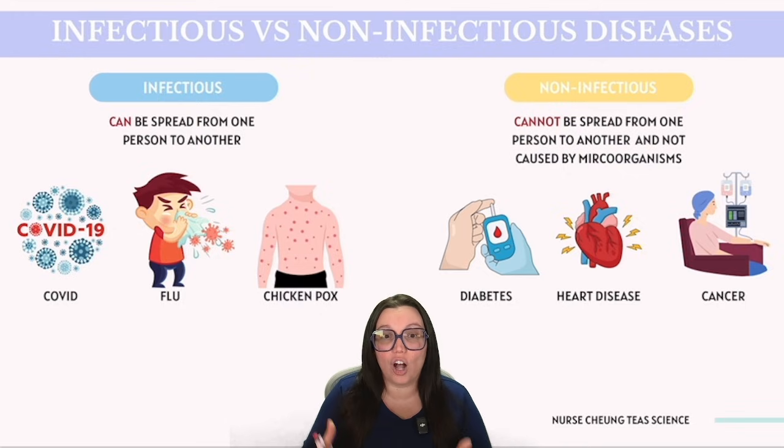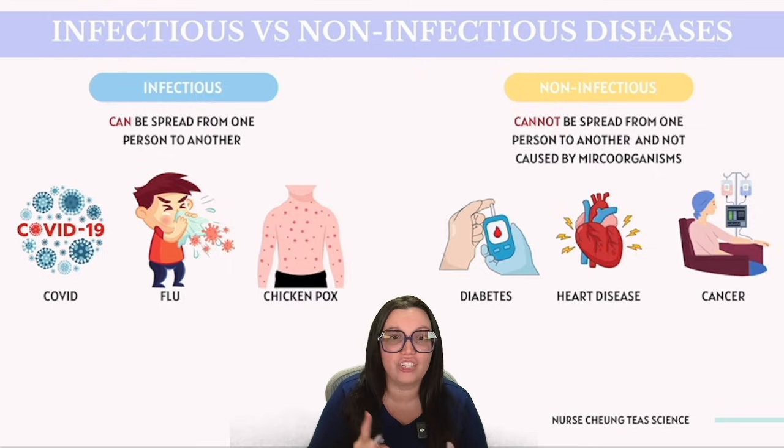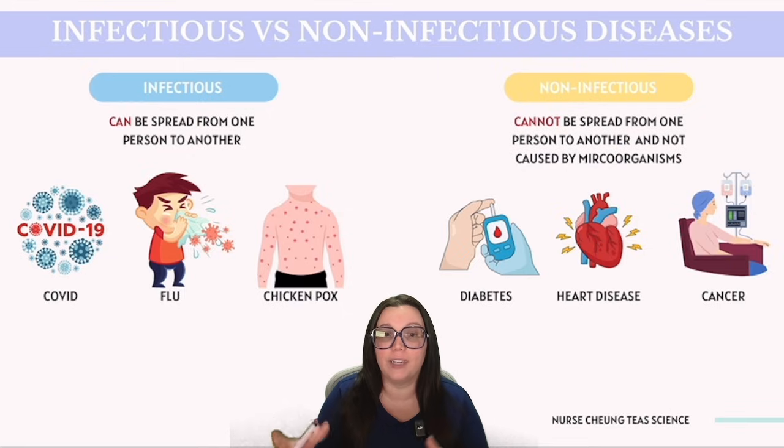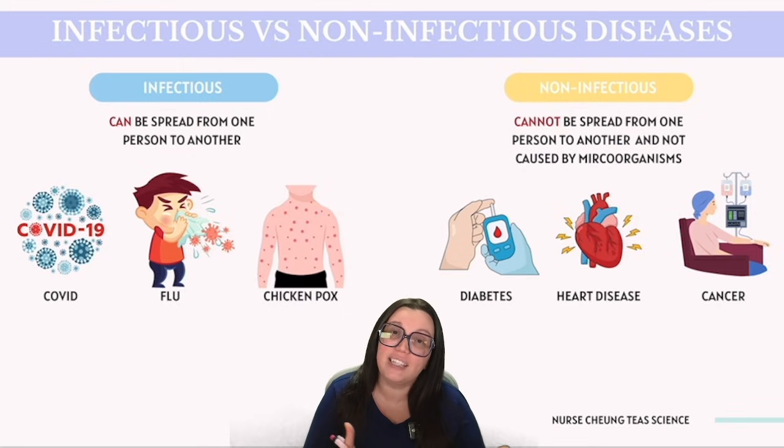These diseases are often the result of genetic, environmental, or lifestyle factors. Examples can include diabetes, which results from the body's inability to produce or effectively use insulin. Heart disease is often caused by a combination of dietary, genetic, and lifestyle factors leading to the buildup of plaque in our coronary arteries. Cancer can have various causes as well, including genetic predisposition, environmental exposures, and lifestyle choices such